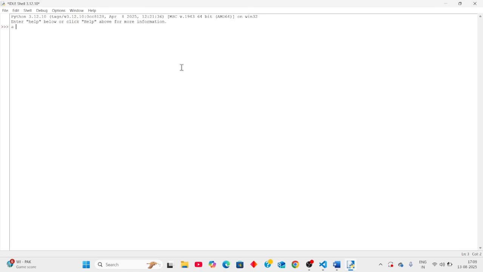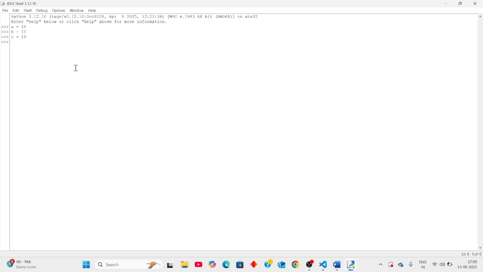I will say A equals 10, B equals 11, and C equals 10. You can observe that A and C have the same value. Do you think the memory allocation will be held in separate frames or not? That is the question. The answer is no.